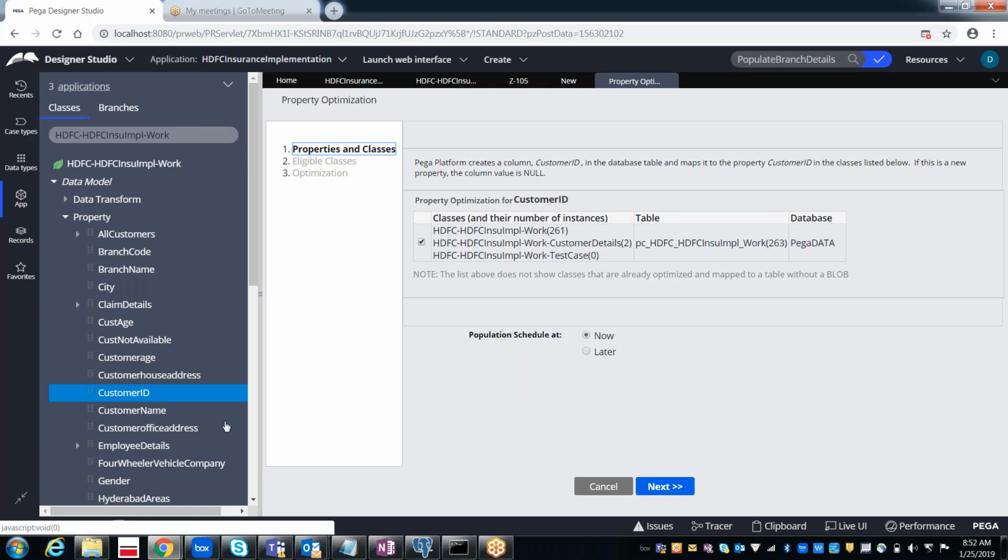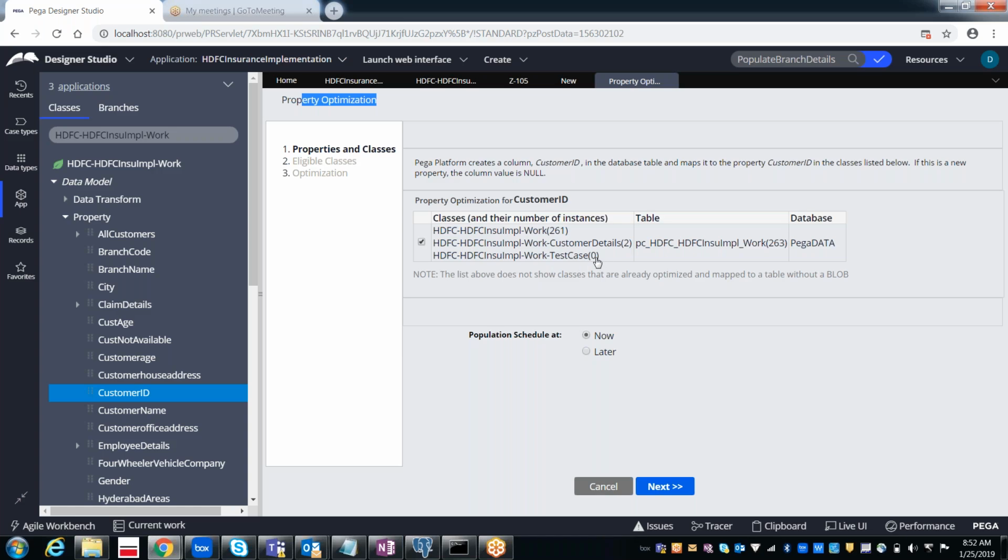Optimize for reporting. So it is asking about the property optimization. Right now, this customer ID is available on these three classes. It says property optimization for customer ID and the classes and their number of instances, where the number of instances means work objects. So for the work class, 261 work objects are available. Under the customer details, there are 2 work objects available.